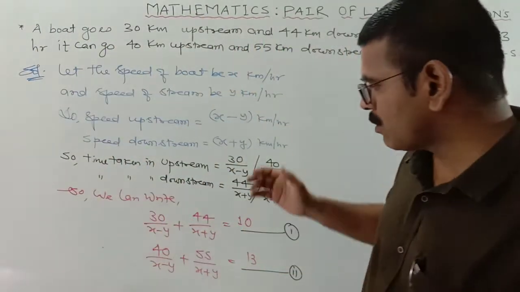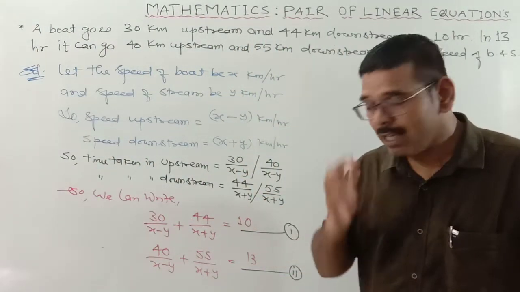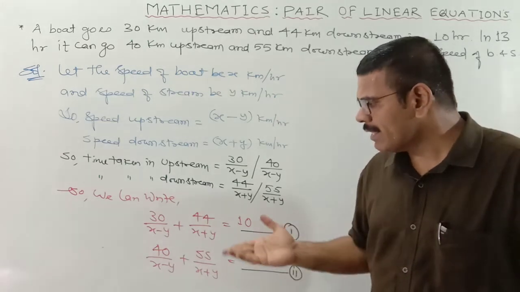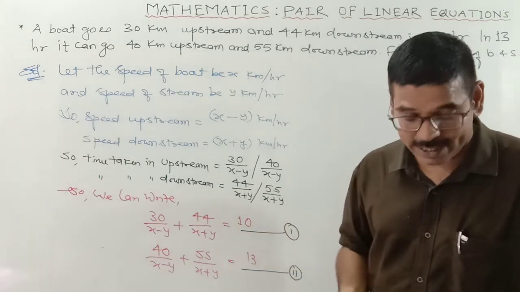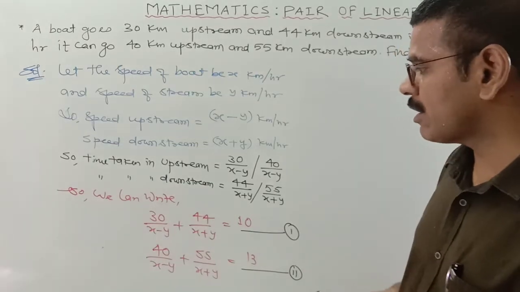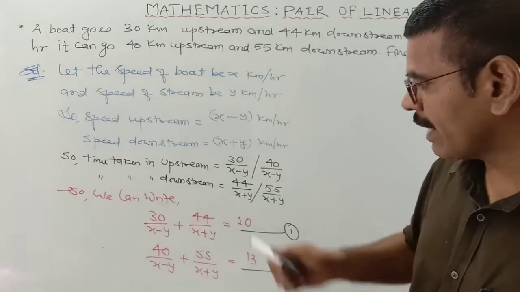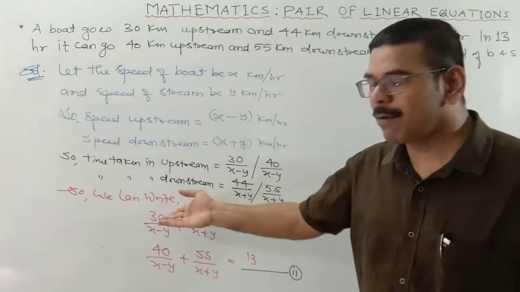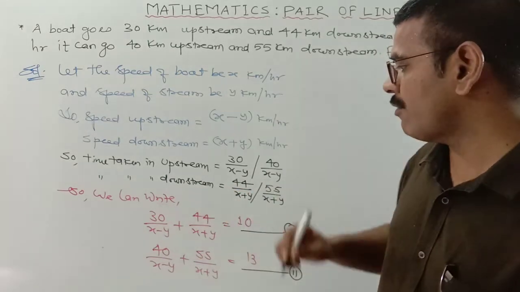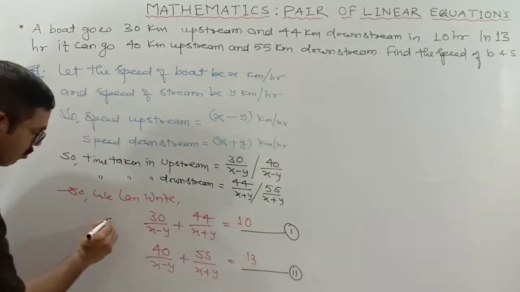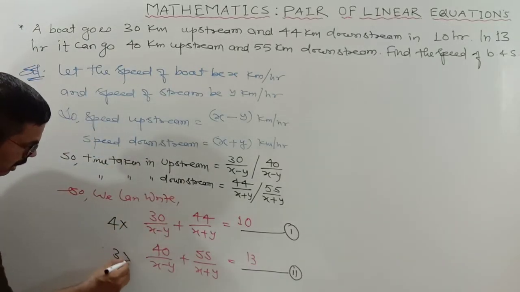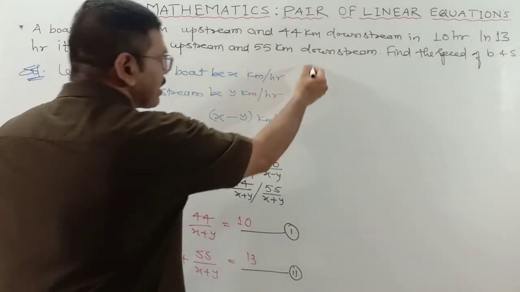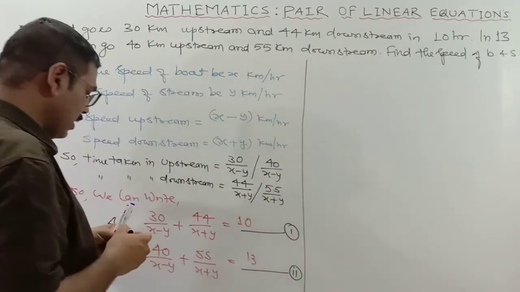Now we'll solve this for x minus y and x plus y. We'll determine the value of x plus y and x minus y, and then after we'll solve it. It's very easy. See how, suppose equation 1 we are multiplying by 40, equation 2 we are multiplying by 30, or we can just multiply by 4 and 3. So equation 1 we are multiplying by 4, and equation 2 we are multiplying by 3, and on subtraction see what will be the equations.